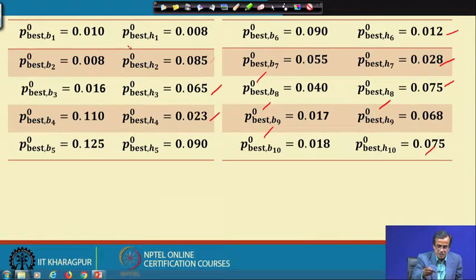Let us see how to proceed further with these values.